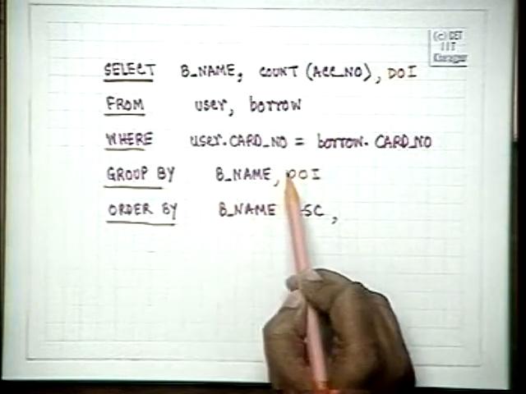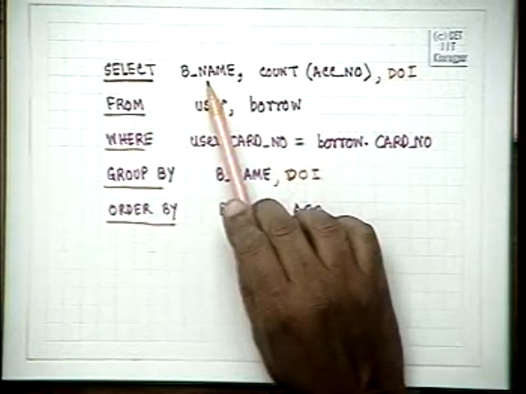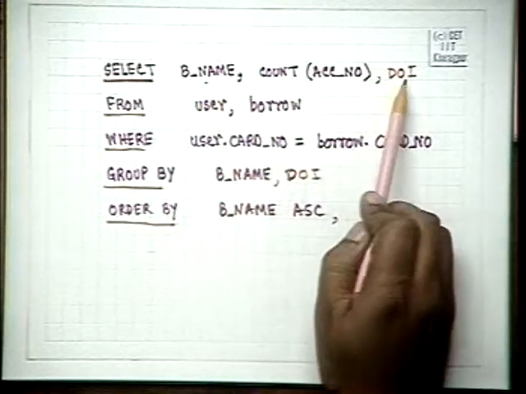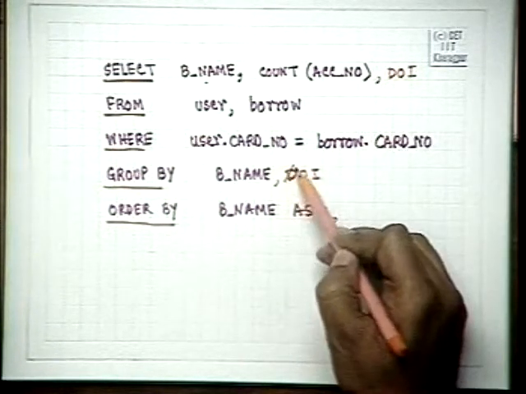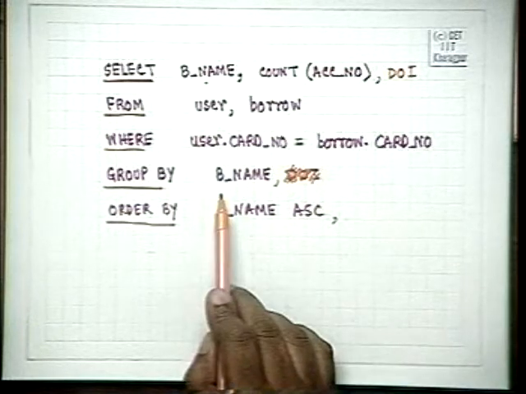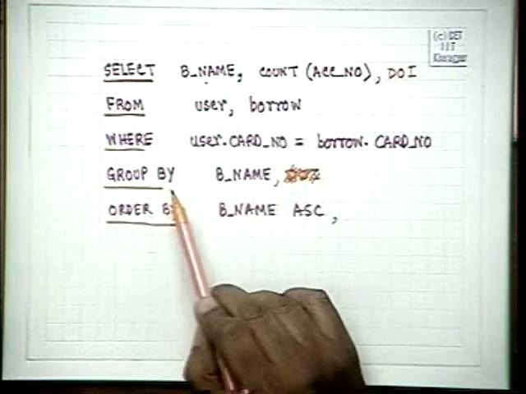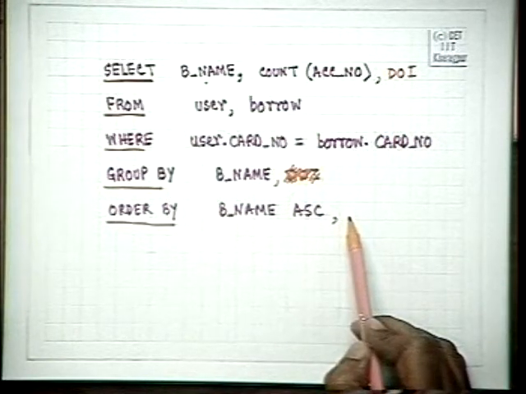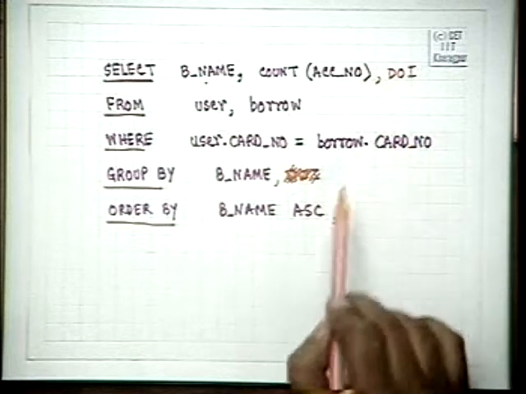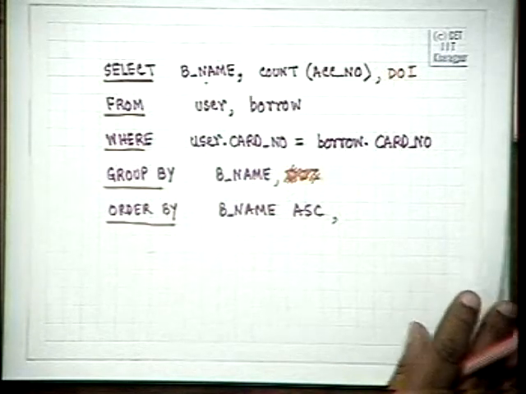So now let us look at this case. We have grouped it by borrower's name and date of issue. So now for this name and this date of issue, what are the books issued on that date? This is what will happen in this case. Whereas if this is not there, then it will be grouped only according to borrower's name, and for this borrower, what is the total number which will come? So it depends on what you are grouping by. And if this is here, only then can you order by it, because ordering is only on the output. There is no point ordering on an attribute which you do not have in the output. But we will come back to our original question.